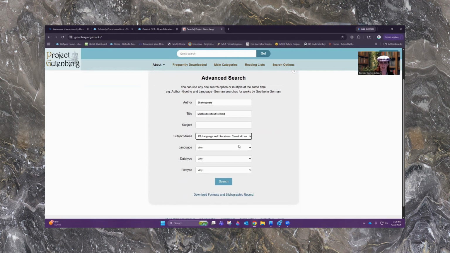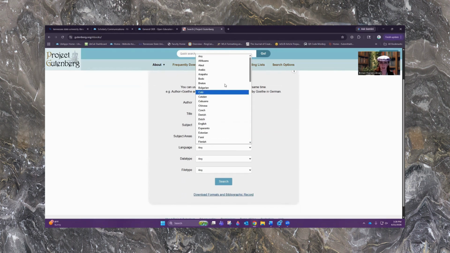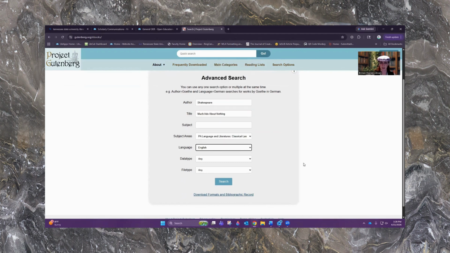Classical languages and literature. We want it in English because that is sadly the only language I can fluently speak. I really wish I knew more than just that, but selecting this will save me from looking at a bunch of resources in another language, which I'm sure there will not be a lot of regarding Shakespeare, but for